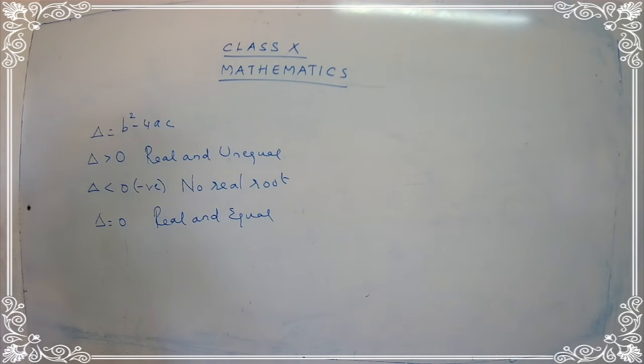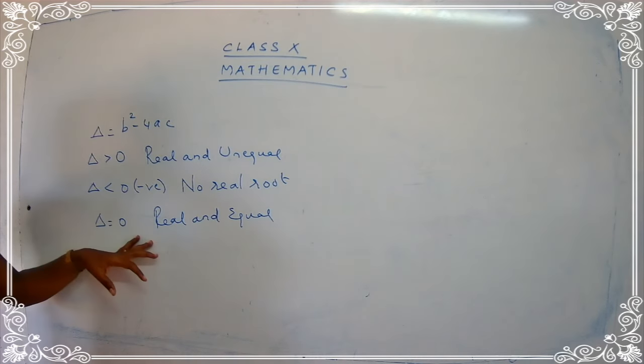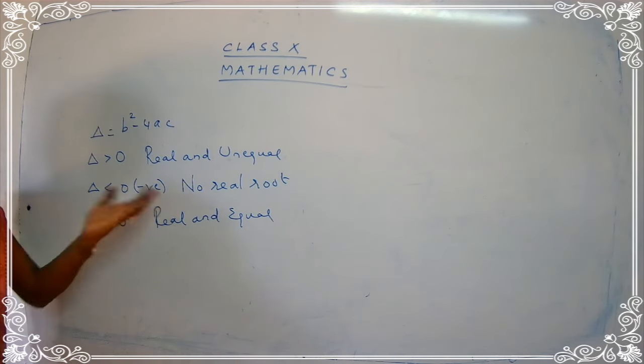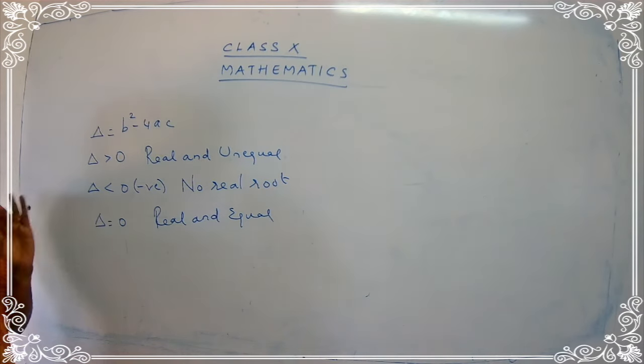For sum number 4, what is the condition given? The roots are real and unequal. Real and unequal means you have to get a value for delta which is positive. So if you get the value for delta as positive, you may say that the roots are real and unequal. Just keep this in your mind. If the condition is real and equal, you have to get the value for delta as 0. Same way, if you get a negative, you say it has no real root. Let's proceed with sum 4.